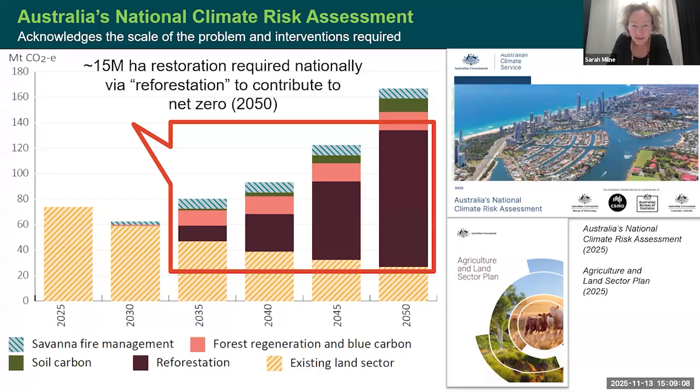So what sort of scale of action do we think is actually required? Well, in the last couple of weeks, the federal government released Australia's National Climate Risk Assessment, and inside the agriculture and land sector plan, they released this plot here, which broadly speaking suggests that we need in the order of 15 million hectares of restoration nationally via reforestation to contribute to net zero. That number of 15 million hectares can go up and down, but really what we're saying is we need to see an awful lot of carbon